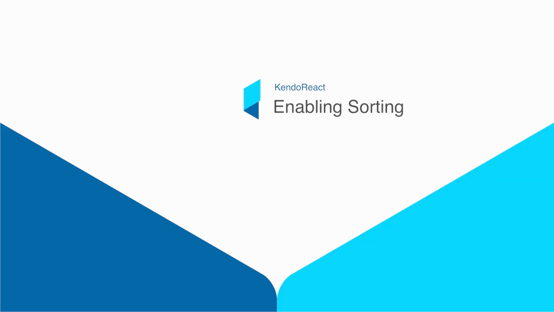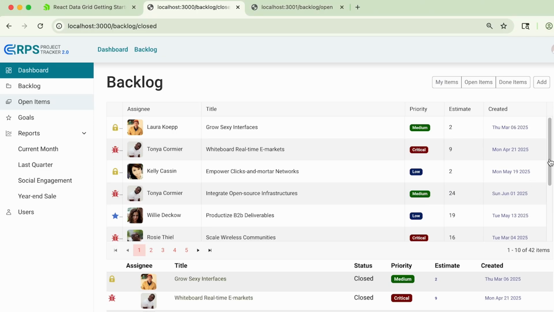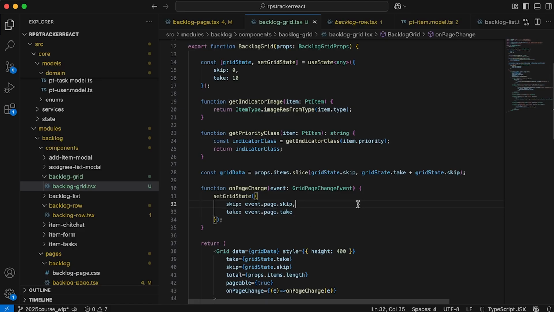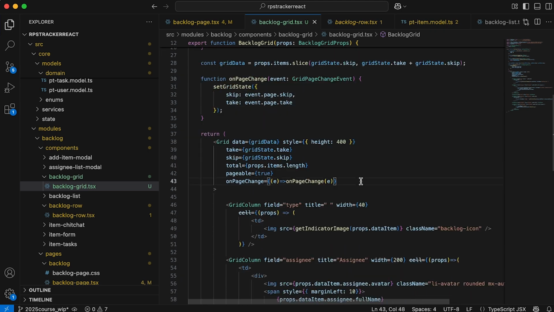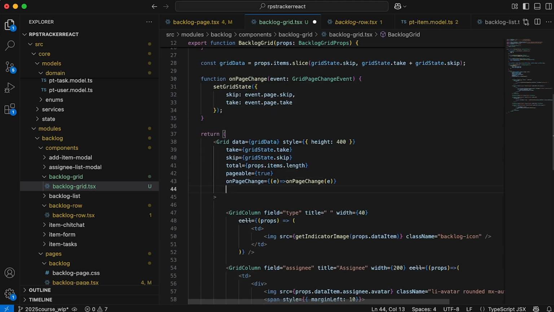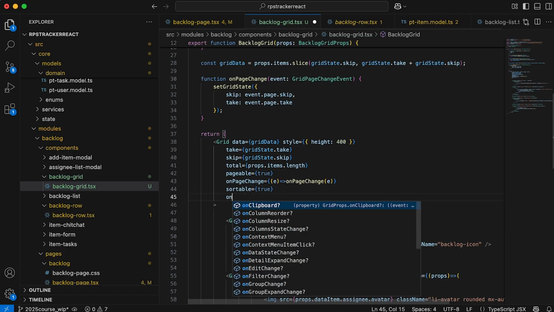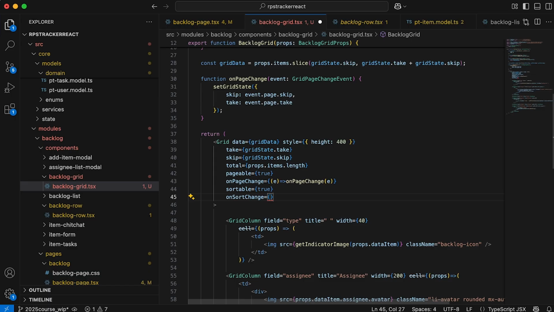The version 2 RPS tracker requirements state that we also need to have this grid sortable. Let's add sorting to our grid. We'll work backwards this time. We'll start with the grid attributes. Just like pageable and onPage changed, there's equivalent sort-related attributes that we can use. So we can use sortable, we'll set that to true, but this needs to work in tandem with an onSortChange event handler. So we'll need to implement the onSortChange event handler, and there's one more property we're going to need,